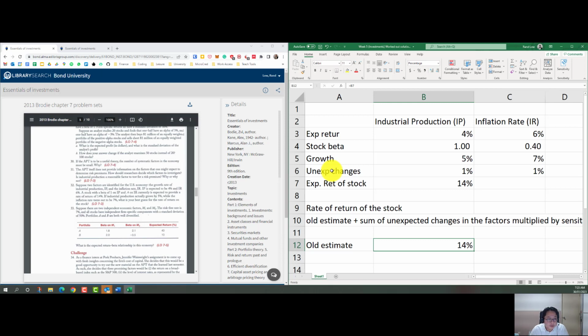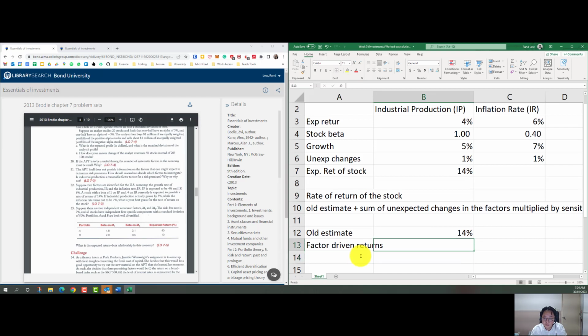The growth rates were actually larger than expected, so we can find the change to the expected return by looking at unexpected changes times beta. So the factor-driven returns are going to be 1 multiplied by the unexpected change, and then plus